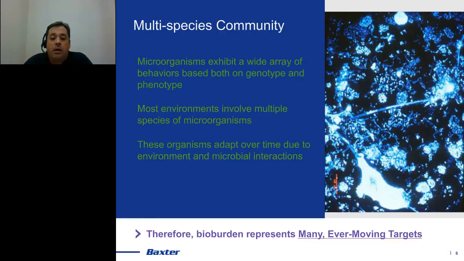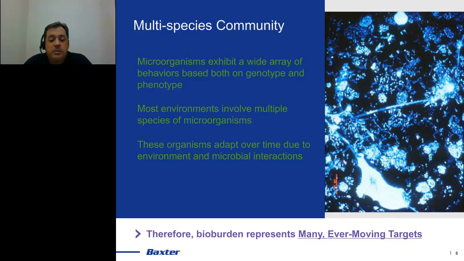So these are multi-species communities. As you are probably aware, microorganisms come in a wide array of shapes, sizes, and behaviors, and once again they adapt to multiple environments. And in most of those environments, there are multi-species biofilms. It's very uncommon to find single-species biofilms. It does happen in some extreme cases, such as when we put them under very harsh conditions, as we try to do when we're trying to prevent them in the manufacturing environment. But single-species biofilms are the exception, not the rule.